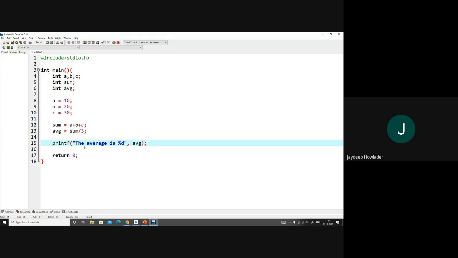So let us first try to execute this program and see how it works.